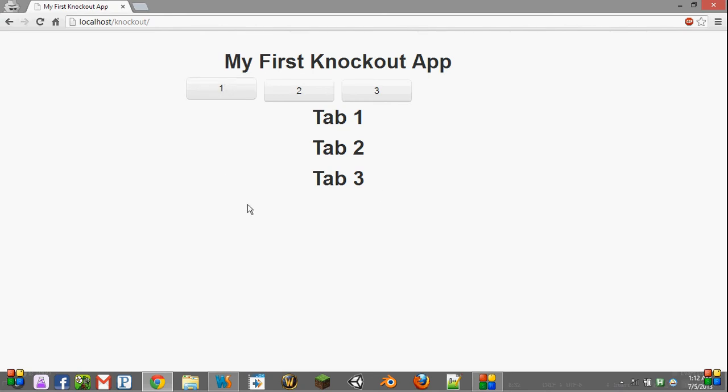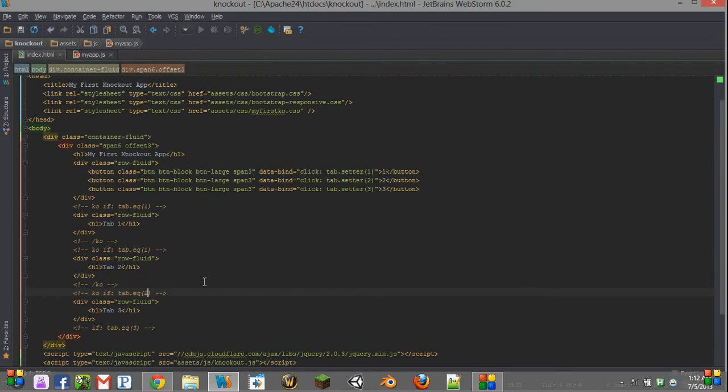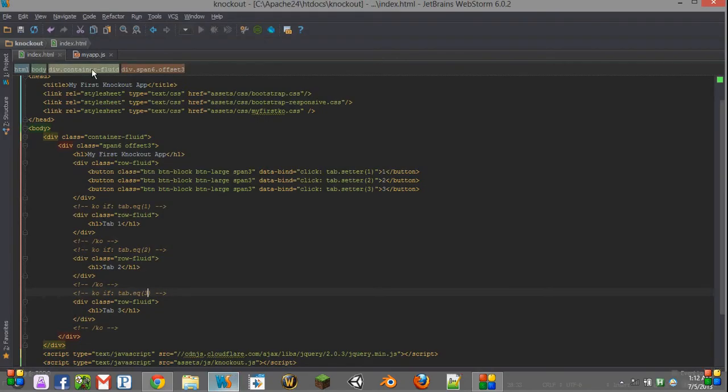So let's just make sure that everything's working. Go over here. That needs to be /ko. And we're going to change this to 2 and this to 3. Silly little mistakes. So now if we click 1, tab 1 shows, 2, tab 2 shows, and 3, tab 3 shows. So to review what we learned,